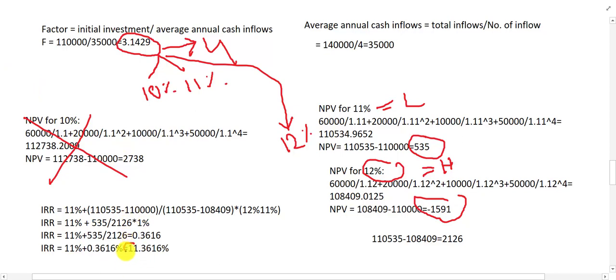So 11.36 is the internal rate of return, or we can say the IRR. We have found it, right? So in this way, you can calculate the IRR for different projects, and then you can compare. Now, if you have the cost of capital, you can compare this one with the cost of capital to decide whether the project is to be accepted or to be